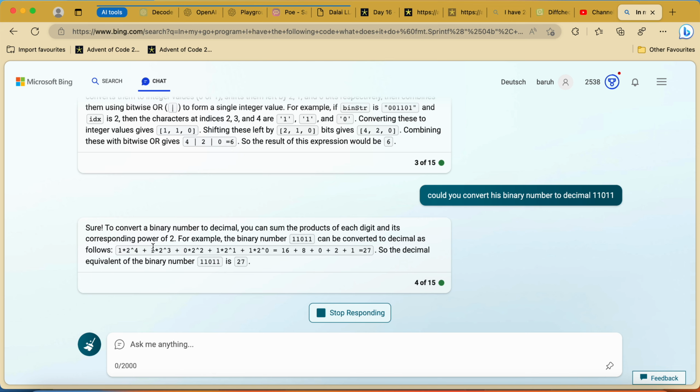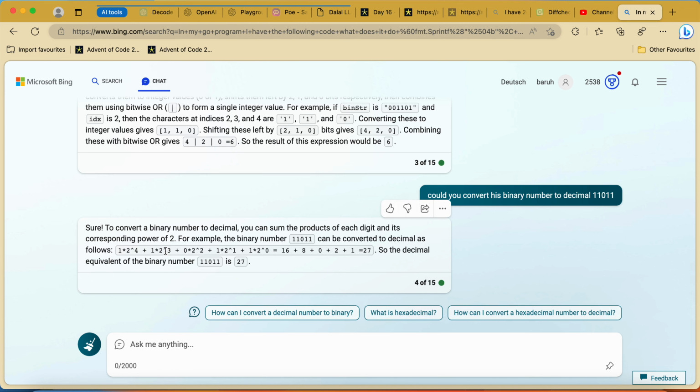We have 16, we have 18, we have 0, after that we have 2, and we have 1, 27.